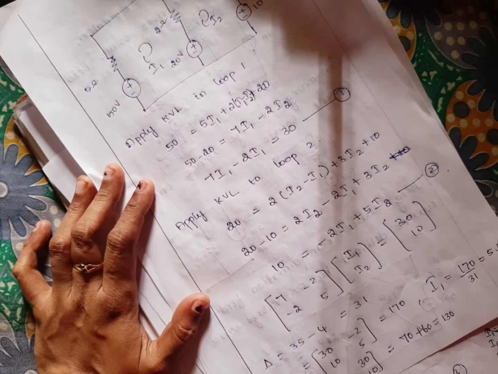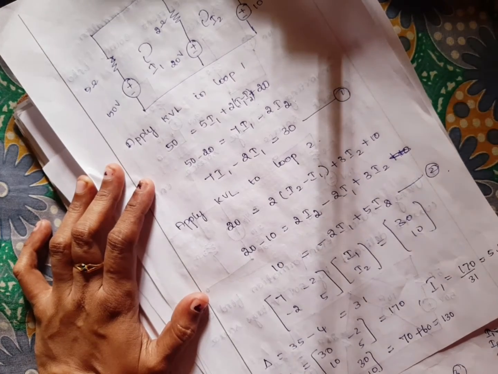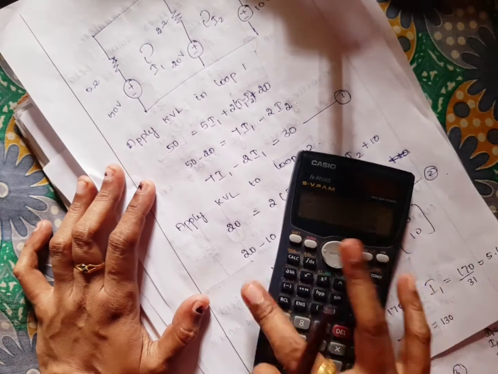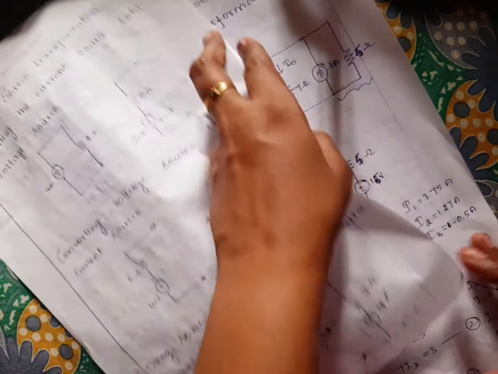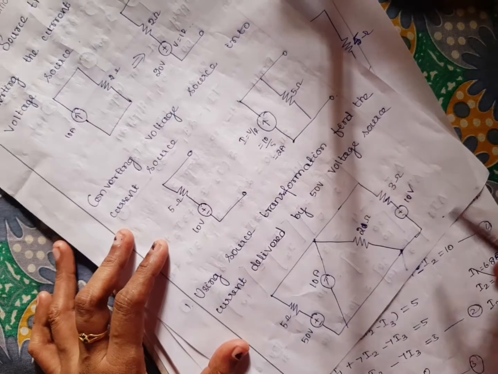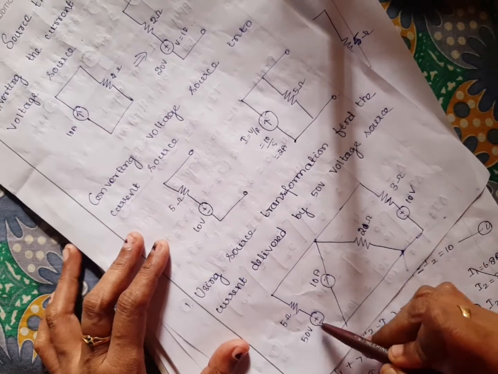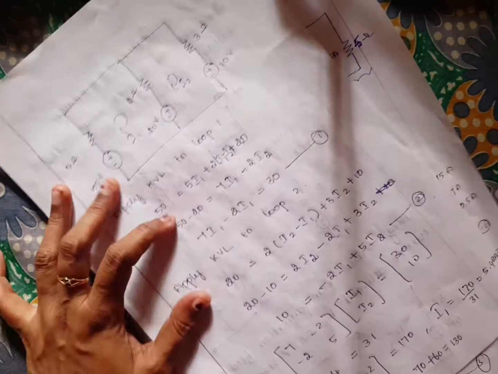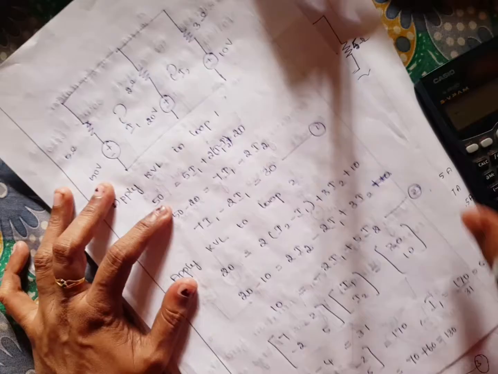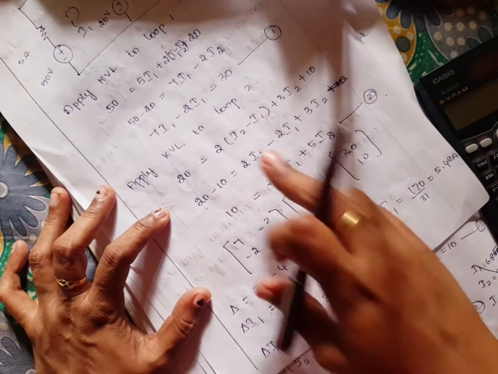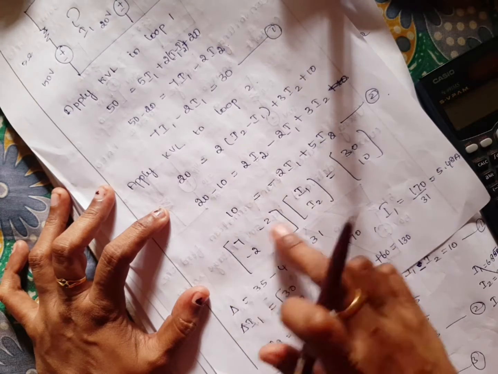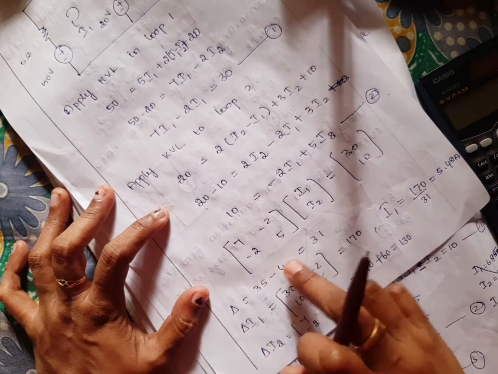Either you can solve by substitution method or by Cramer's rule, or if you have the equations you can directly enter them in the calculator. Okay, so in the question they have asked to find the current delivered by 50 volt. So current delivered by 50 volt means you want to find only the value I1. You can use the calculator, or I have solved using Cramer's method. So two equations, Cramer's rule. So delta means you want to find this value. 7 5s are 35. 35 minus 4, 31.